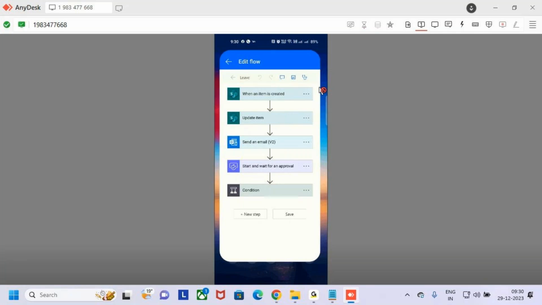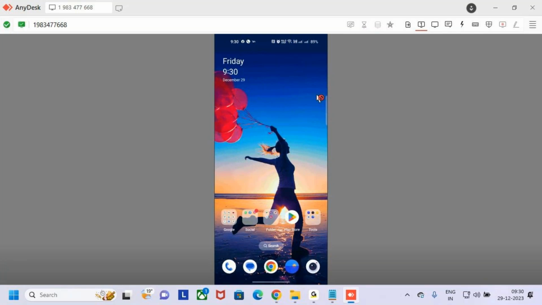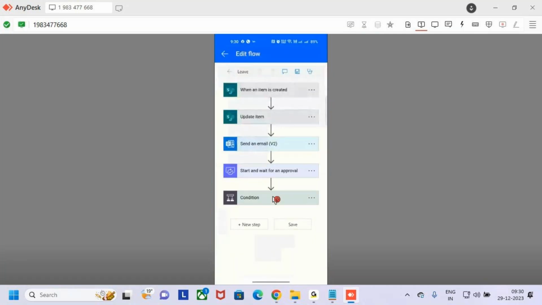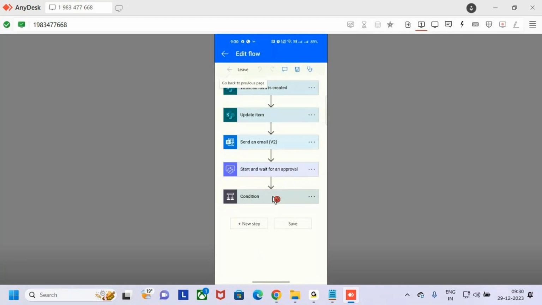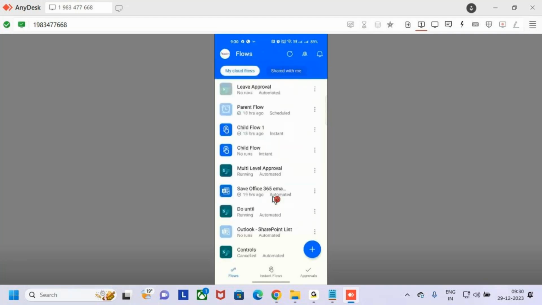How the mobile Power Automate view will look, what the different options are, how to go and create the flow, and if you want to refresh it, how to refresh. If you want to see the complete flow, let me go and open the Power Automate again. Let me go back. Go back and now see,